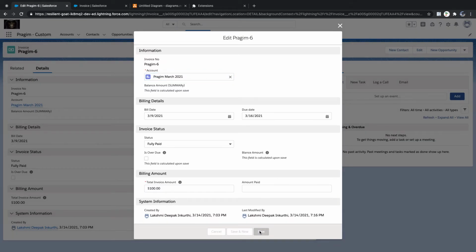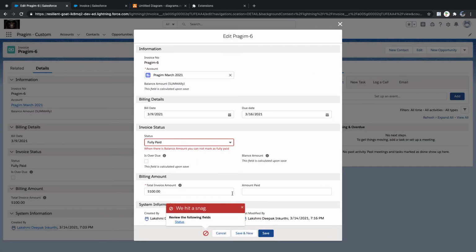We got an error saying when there is a blank, you are not allowed to make it as fully paid. Clear? We satisfied all the conditions, I think. If we think about any different conditions, automatically these conditions will be valid, isn't it?